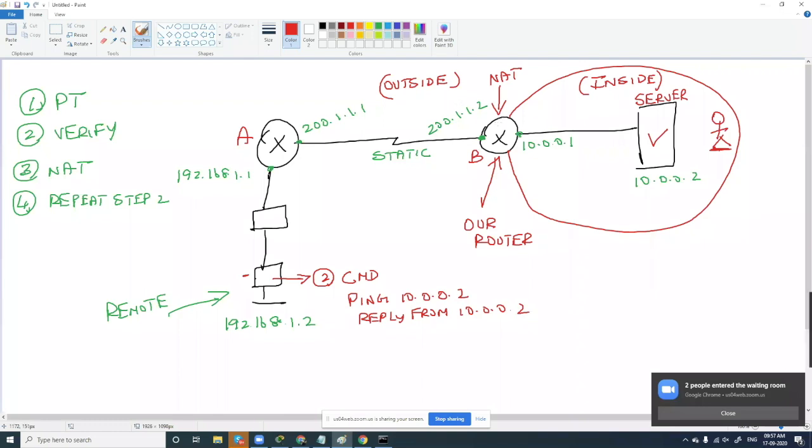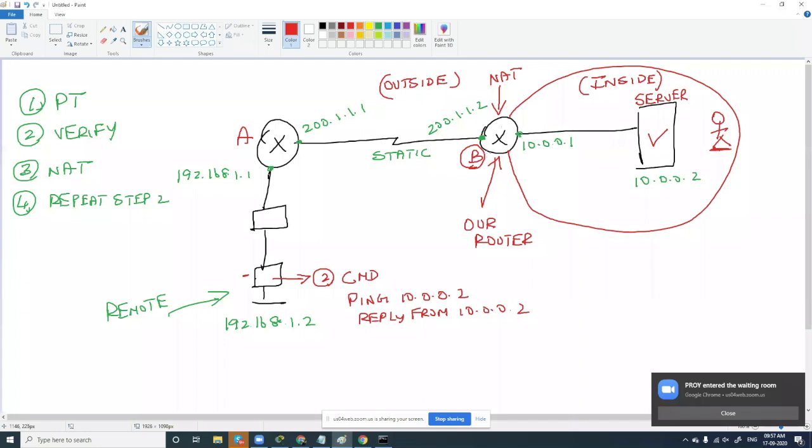Can you tell me the interface through which router B is connected with the inside network, and the interface through which router B is connected with the outside network? I'll repeat this again.